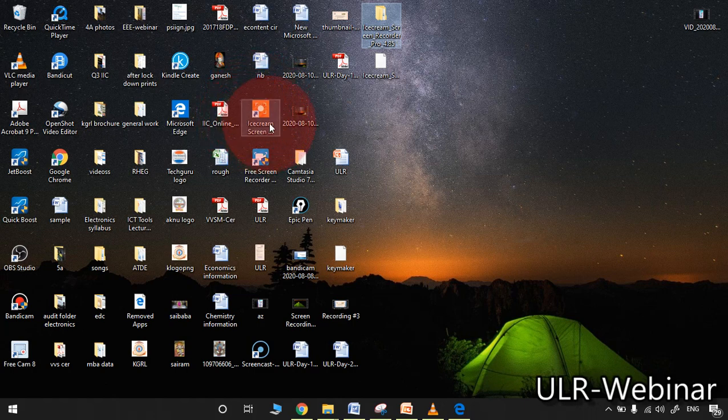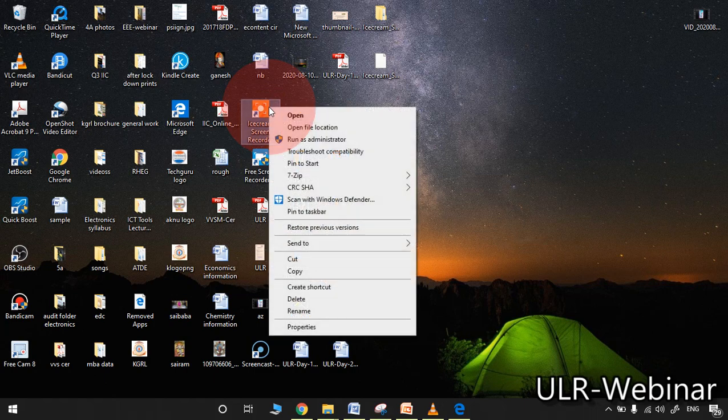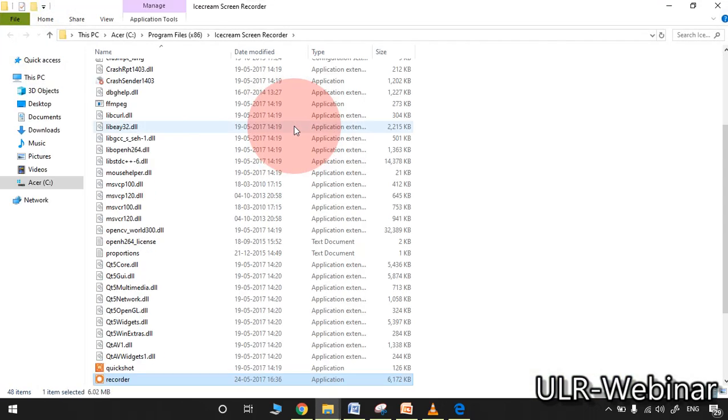And this particular desktop shortcut you will identify on your screen. Okay. Right click on that icon. Go to open file location.